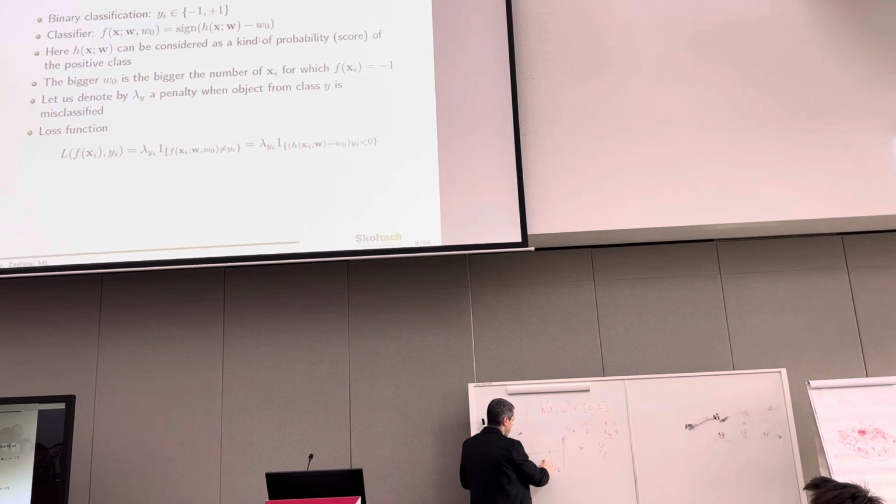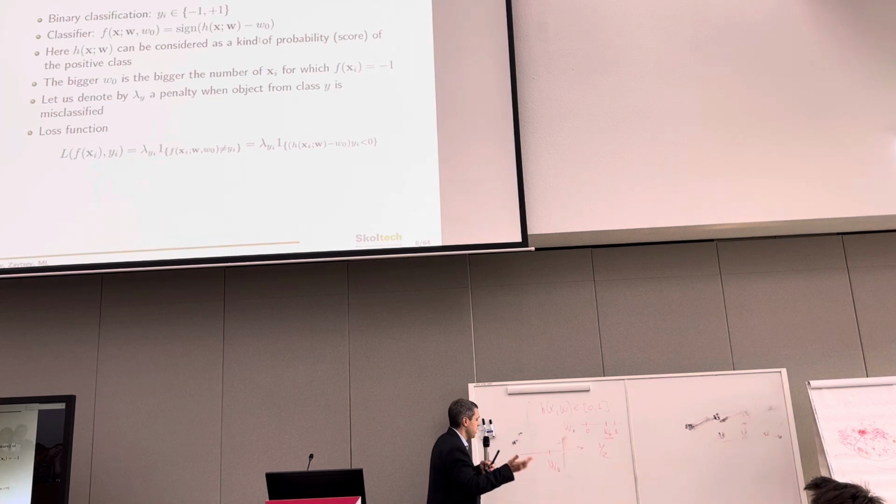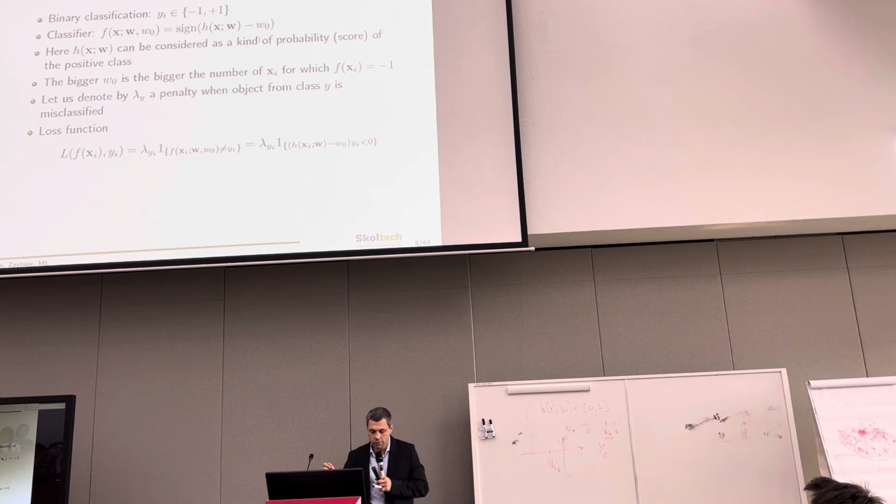value will be higher than this threshold. Let's assume that this threshold tends to infinity, to plus infinity. In this case, for all objects, this value will be less than this threshold. And so by tuning this threshold, we can take into account the class imbalance and